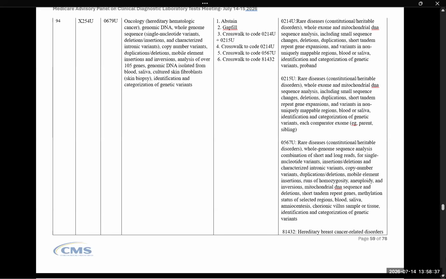Correct. Yeah, in the spreadsheets we're working from, I didn't see that crosswalk in any of the codes that were assigned to me. And if I go to this line in the spreadsheet, we had it recorded as 214U plus 215U. So 214U and 215U are for whole genome analysis, and that started with rare disease, hereditary, etc. I will double check the spreadsheet. I'm sorry if this is a mess over there, but on the presentation that we did a month ago, we for sure presented that.